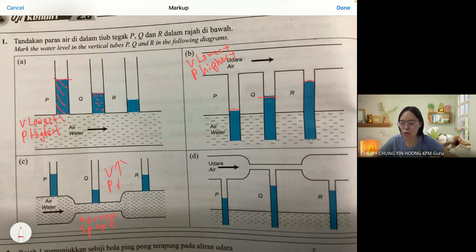So that's why 它的 water level 是最低，then Q 是比最高，then followed by R。OK, the last one 是 air。OK, air 的话 P 是最低，then followed by R and Q。Why？这边是 narrow space, so it will have the highest velocity, lowest pressure。考试如果出 Bernoulli's principle 这个 venturi tube 的话，他会很喜欢叫你画这些东西的，especially 是在 structure question，所以你们要学会怎样画那个 water level。